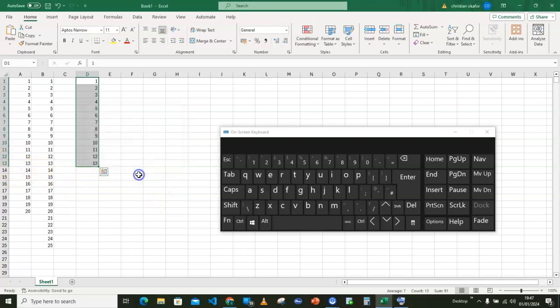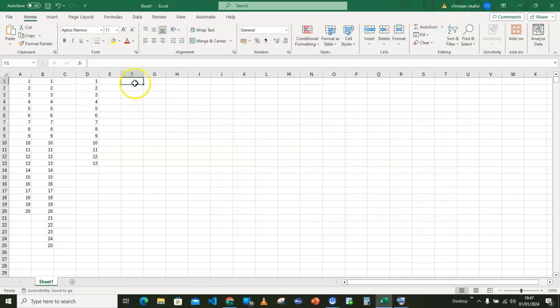So if I go for OK, and that is it, because we selected from 1 to 13, from D1 to D13. Okay, that is how to achieve this. Then there is another one here. If we can go for a number like